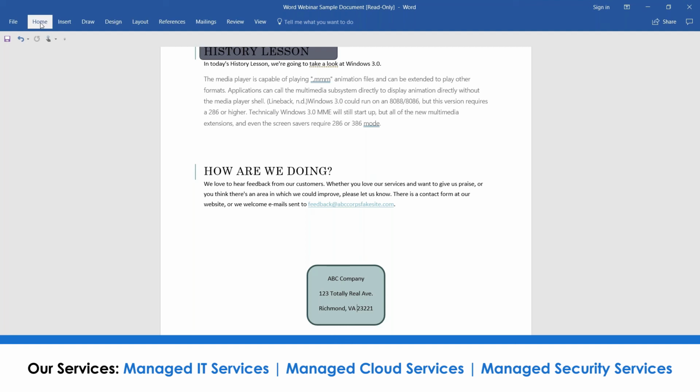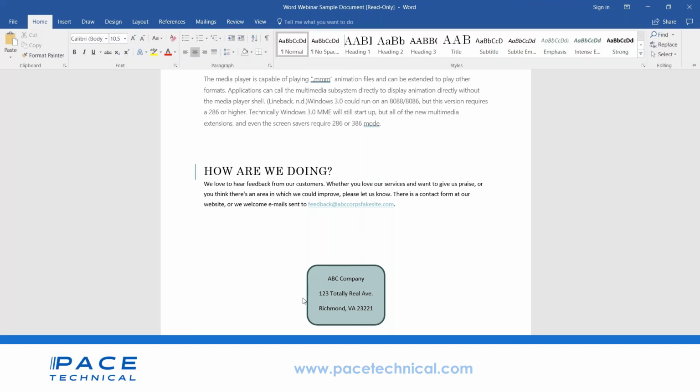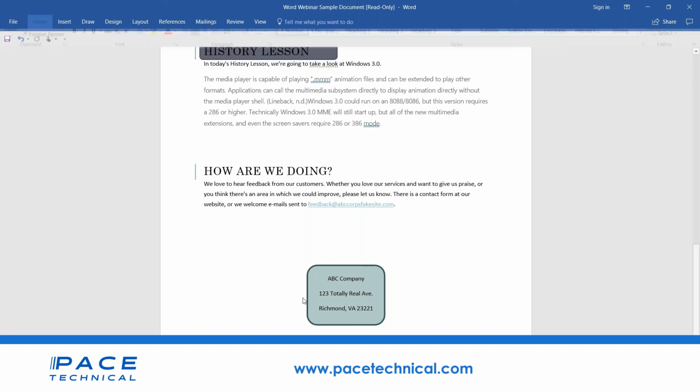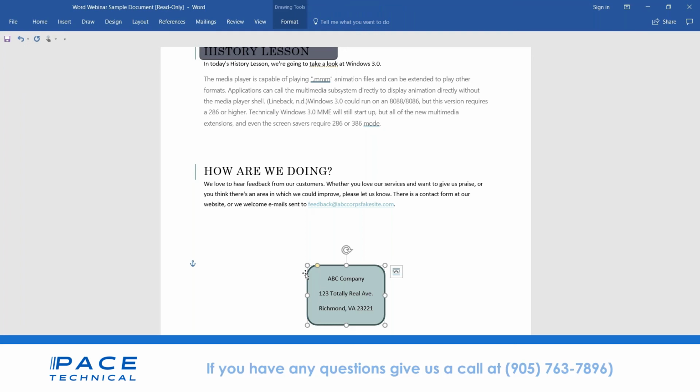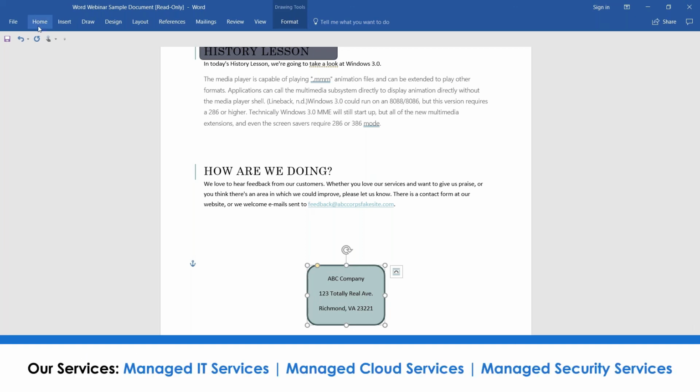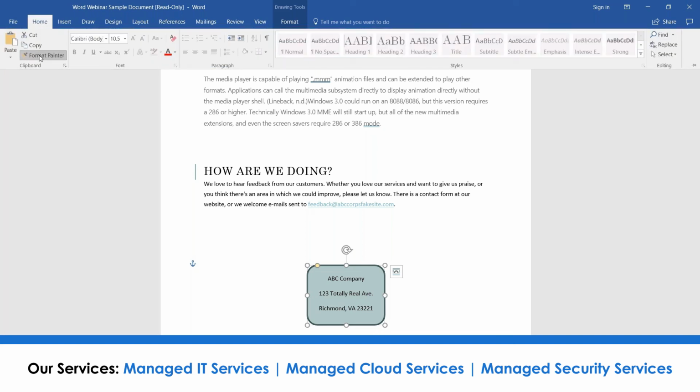Come up here under Home. Make sure that you have the shape itself selected, not the text. If you wanted to select the text, if you wanted to take the formatting of the font that you're using, the color, the size, you can use this. You can use Format Painter to adjust that as well. But this here is a little bit more visually, it pops a little bit better. So I like this as an example. So make sure if you're doing this to a shape that you have the shape selected, or the element, whatever it is. Come up here to Format Painter, and it will